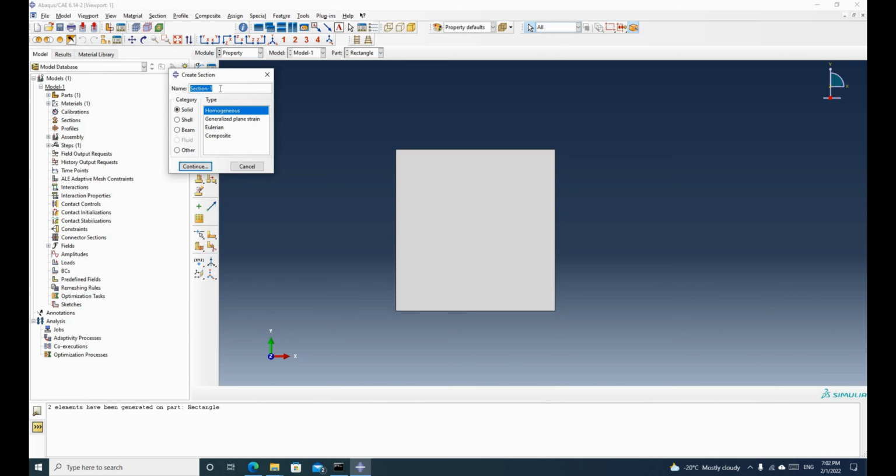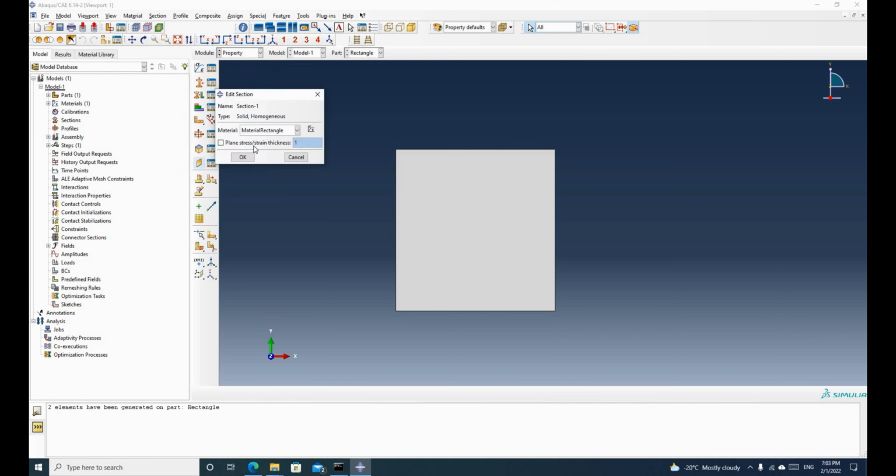So we need to create a section. So let's use this default name. So we are going to use a solid cross section, which is homogeneous. So let's hit continue, and then we use the material that we defined earlier, which is called material rectangle. And here we are going to use plane stress and plane strain, and we need to tick this and assign